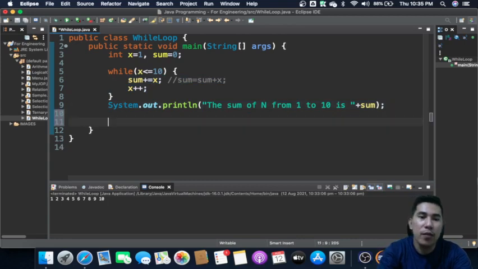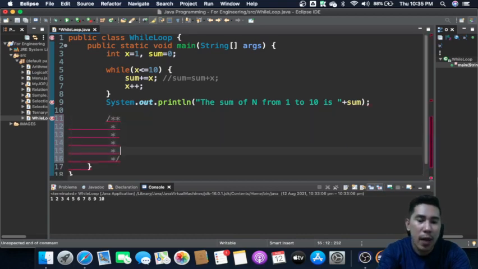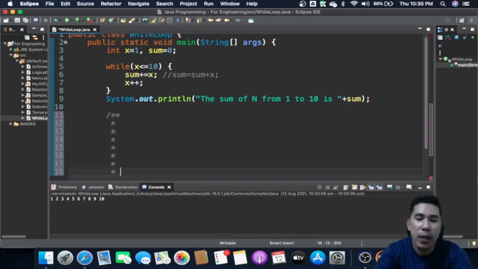So before we run the program, let's read this the way we did before. Let's say for instance we have here x less than or equal to 10, and then you have here sum plus equal to x, and then you have the increment of x.